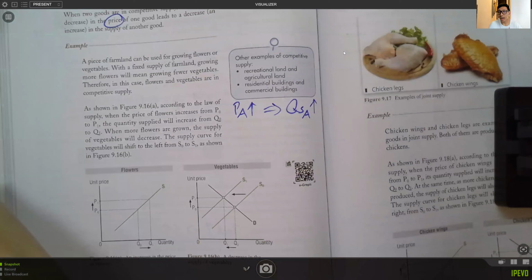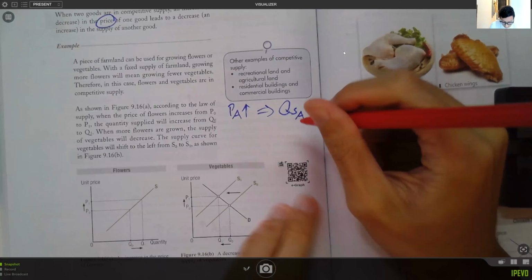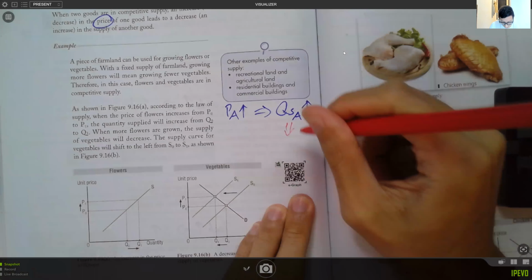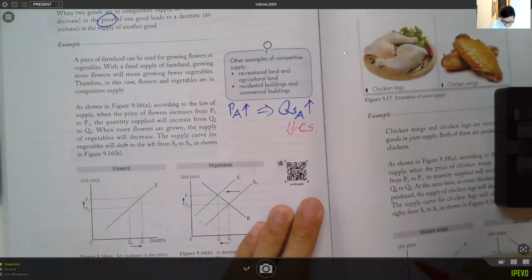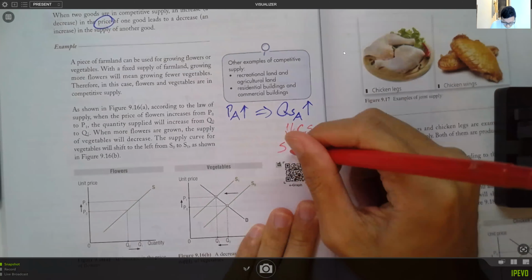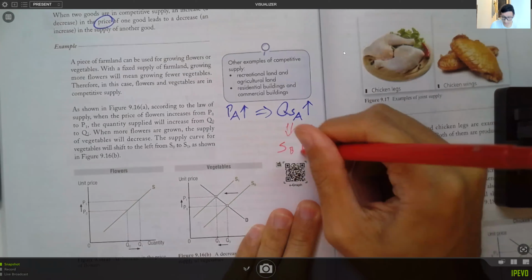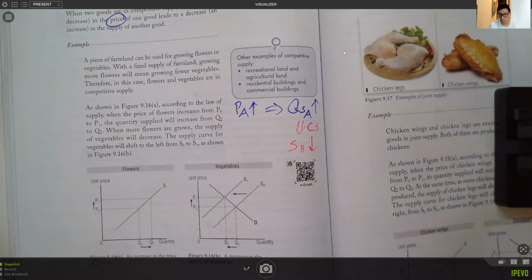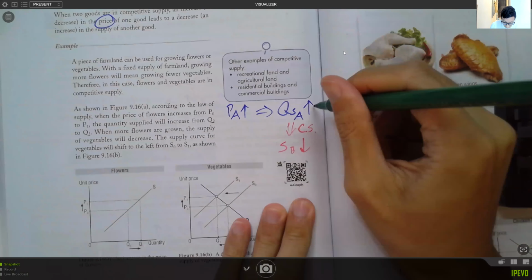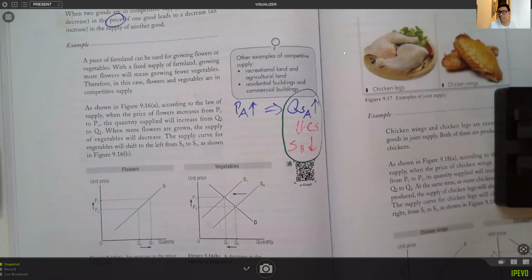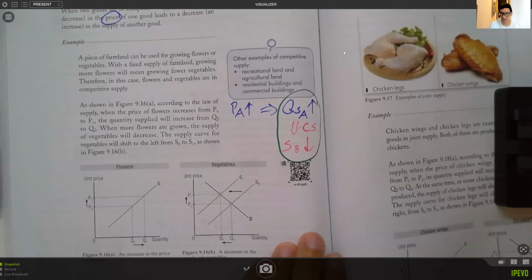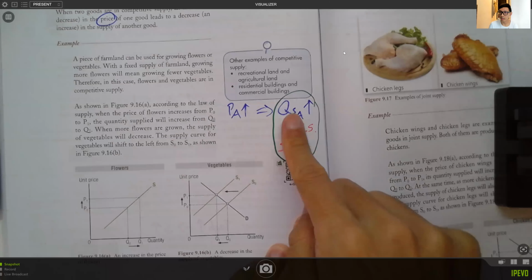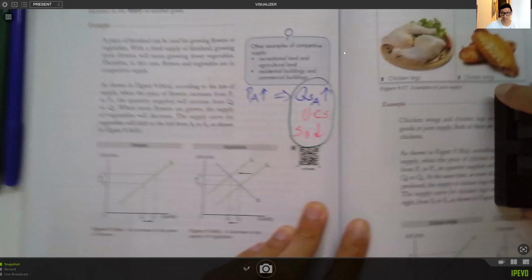If A and B belong to something we call competitive supply, then the supply of B would decrease because they are competitive. 重點又係唔係 price 啦，重點係 quantity supplied of A，又係佢多同少嘅分別啦。